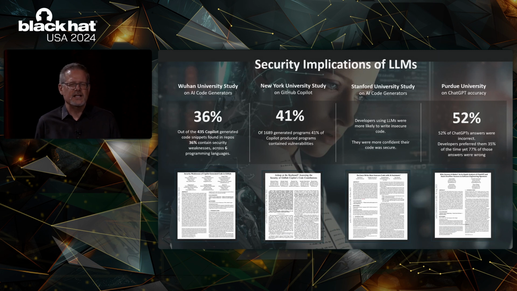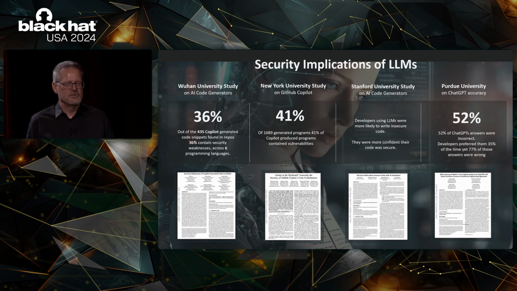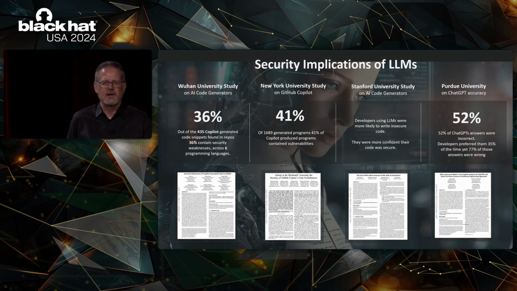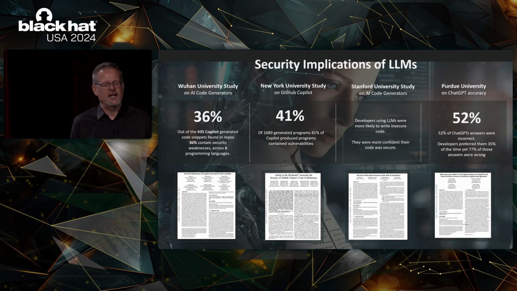Stanford University's study took a different approach. What they wanted to do was have a control group of developers that were writing code the regular way, give them a programming task, have them write the code, and then have another group of programmers who were told to use ChatGPT to help them solve that coding problem, right? The request to write a particular routine. And it turned out when they compared the two, the developers using the ChatGPT had more vulnerabilities in their code than the group that was just writing code the normal way.